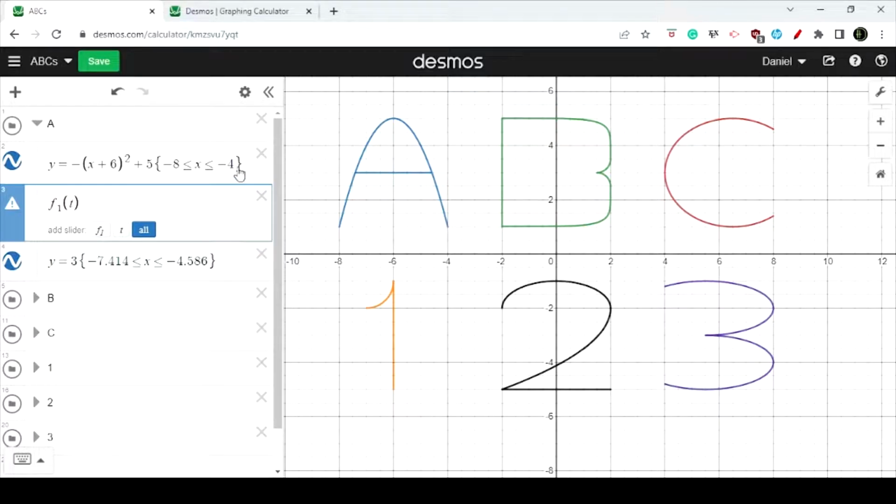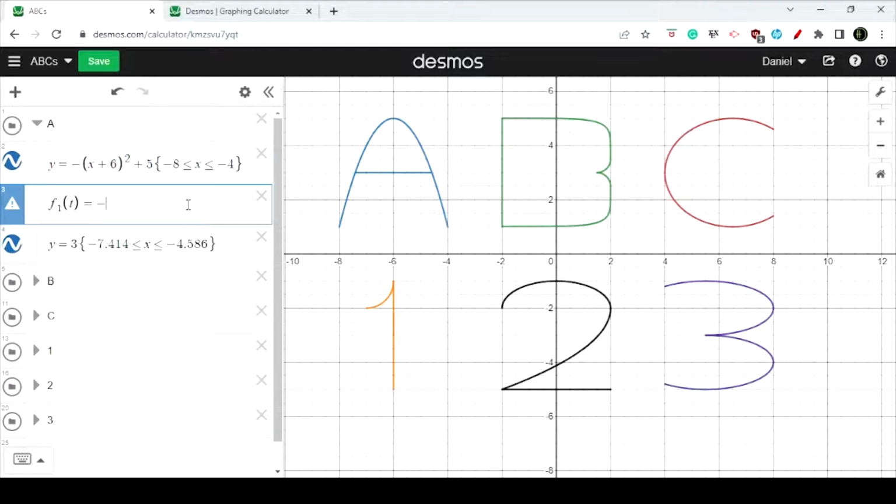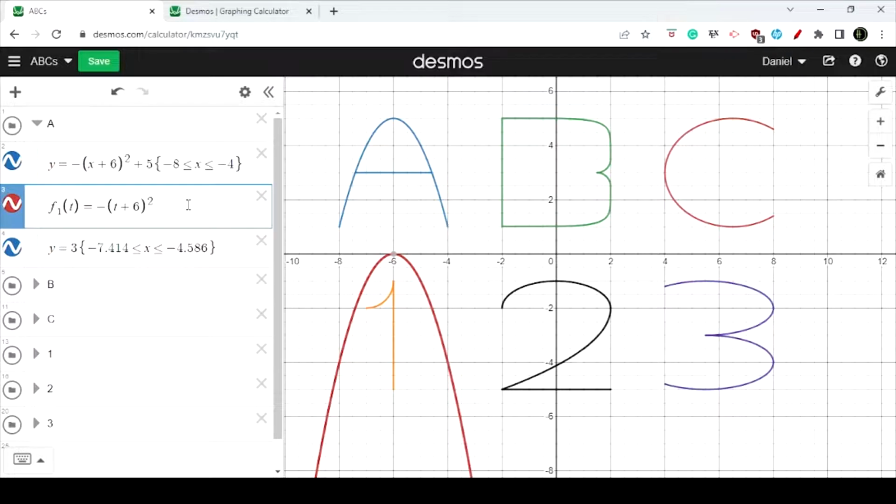Everywhere we see an x, we're going to replace it with a t. And minus t plus 6 squared plus 5,